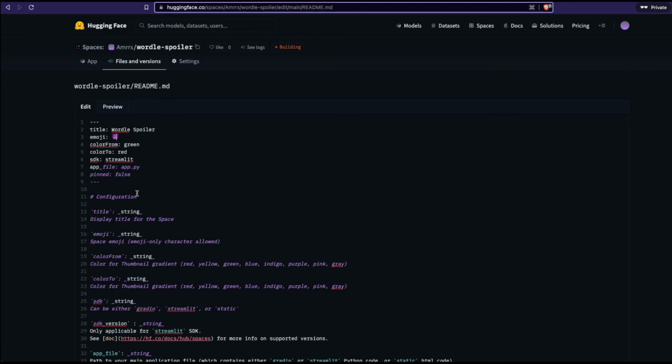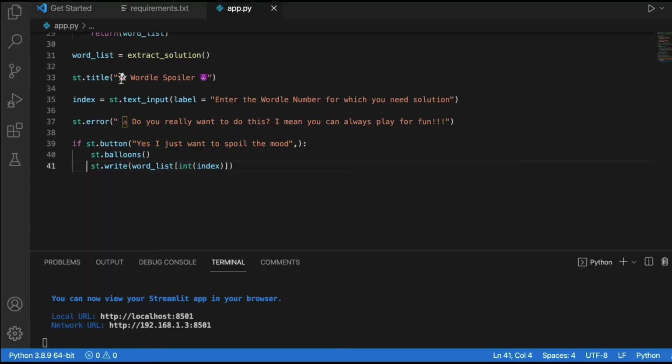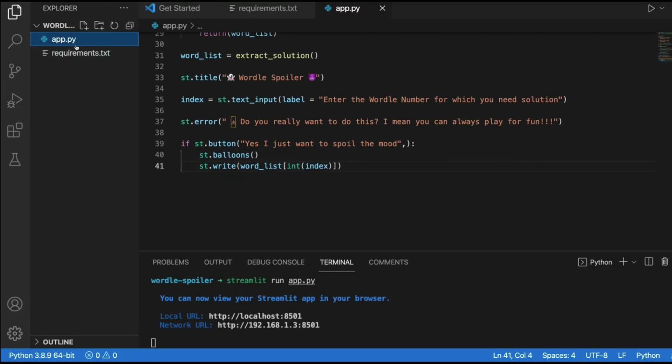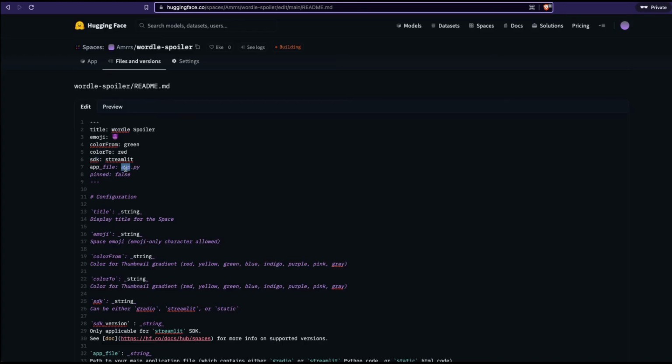And this YAML file is important. If you're building completely from scratch, make sure that you have such a YAML file that indicates Hugging Face Spaces. What does it mean? Like, what are we doing? We're actually trying to run a Streamlit application. That's why the SDK is Streamlit, and the app file name. If you see the file name that we have used here, this is app.py, and if you have a different name, you can edit it here.